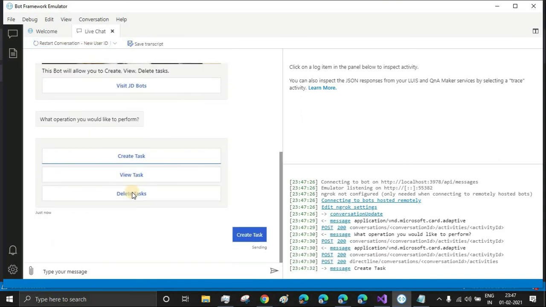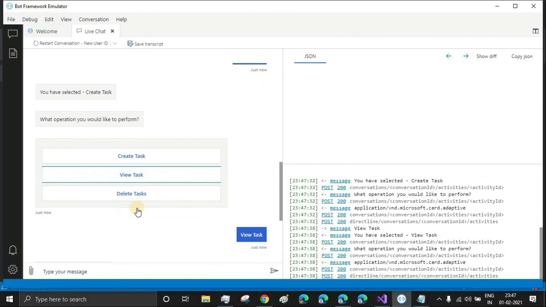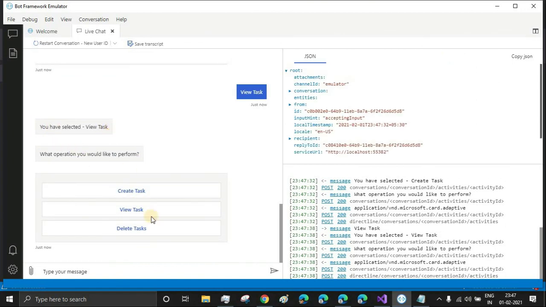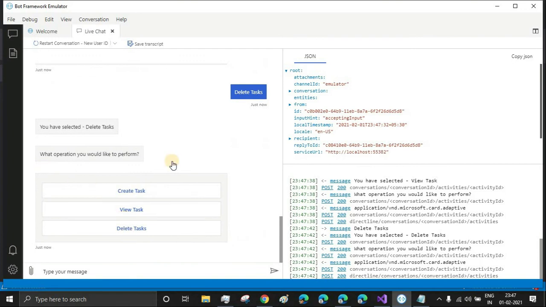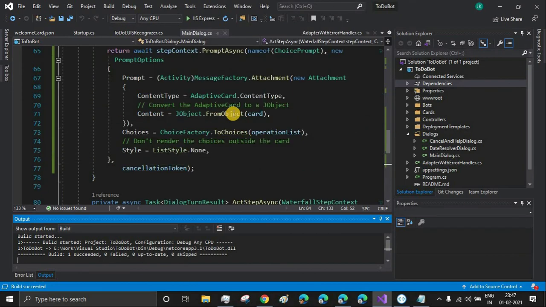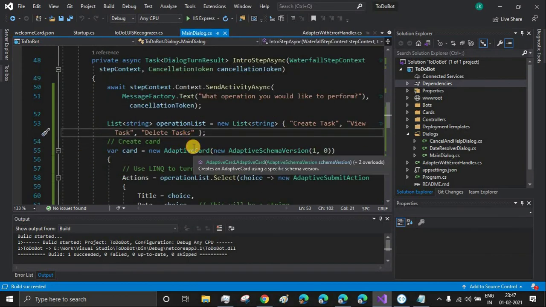Okay, I'll write it as create task. You see, you have selected create task. Let me click on view task. You have selected view task and delete task. Okay, I think I have put one more S. Let's delete that one. It's not synchronizing with the other two options. Okay, now it's better. Now let me save this one and you'll see the changes